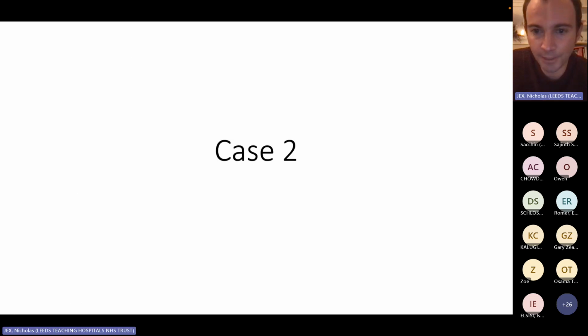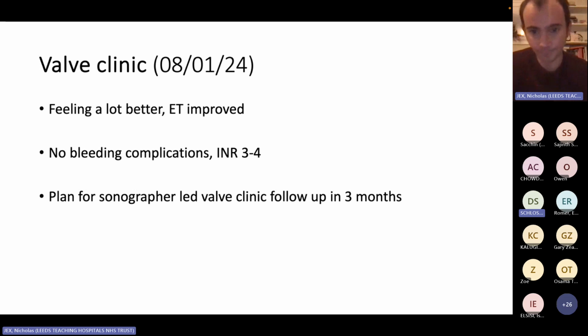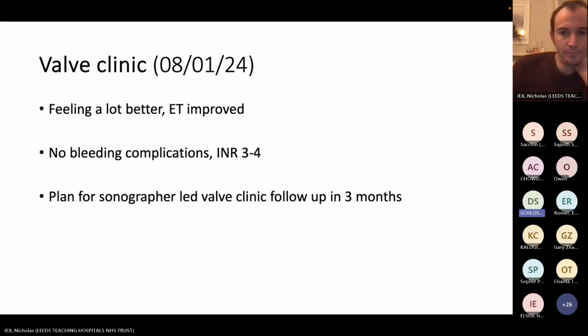So that's the first case. I don't know if anyone got any questions. Just to summarize briefly, and we will try to finish by 9 o'clock, but this case really was difficult, and you can see it isn't always easy on imaging to completely nail the diagnosis, because it was again a mixture